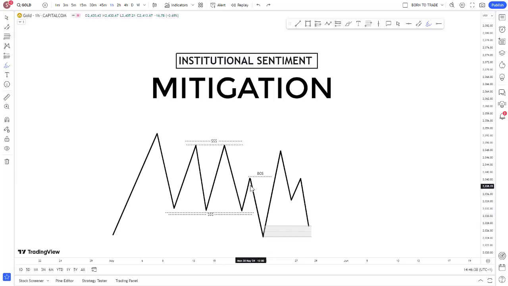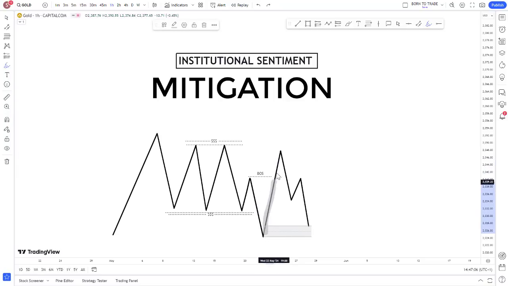At this point, when we had this manipulation, this is institutions entering sell position, and this sell position, the entering is just to sweep the liquidity at these lows. And once they sweep the liquidity, you're going to see them reverse to the upside massively with a candle with large body. And this is exactly what I said. We're going to anticipate that the institutions are going to reverse to the upside or to the opposite direction with a candle with large body. Now remember, they have an open sell position.